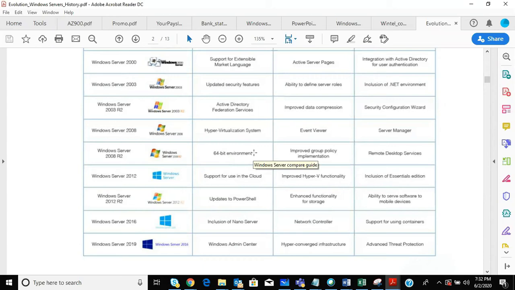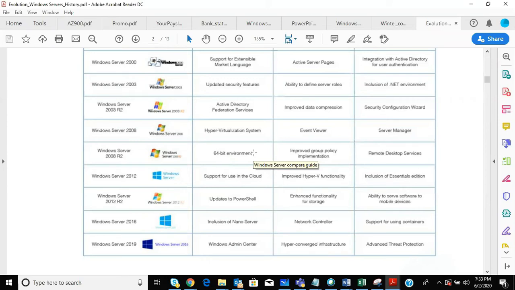In 2012 R2, PowerShell was really powerful, as the name reflects. It also increased functionality for iSCSI storage, the server storage, and started supporting mobile device management.